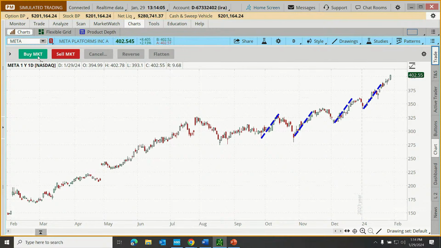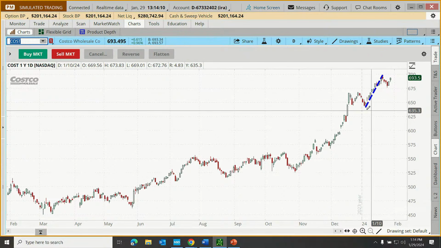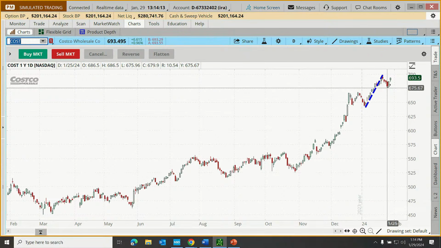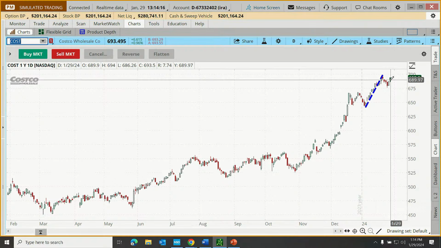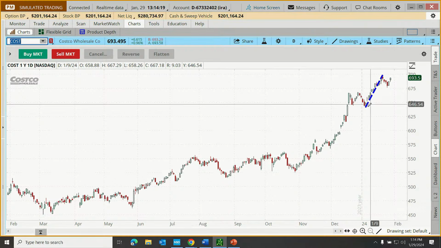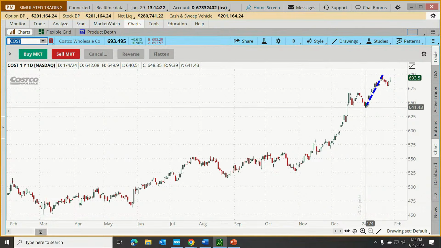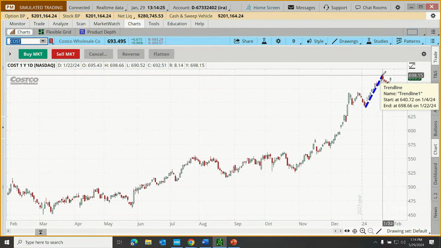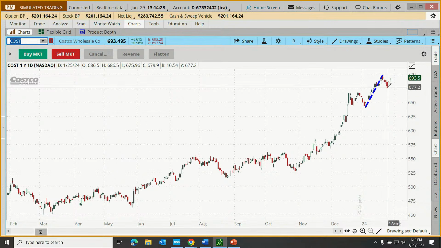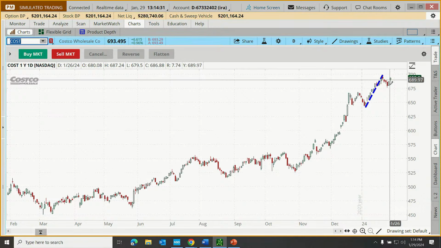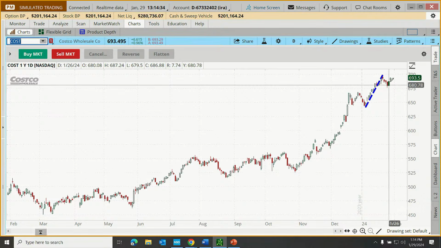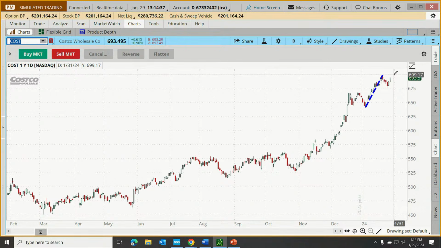So how about for this example, we go to Costco? COST. Looks like Costco's run up. It's pulled back. It's starting to run up again. And maybe our trader thinks, oh, it looks like this is possibly a bull flag. Maybe they're a technician. They see that it's run up from 640 up to 700-ish, a $60 swing to the upside. Could it go for another $60 swing from 680? Could it maybe go up to 740? So they're creating a plan for a trade in their mind. It's just an example. But let's say our trader wants to buy the shares right now, and they can